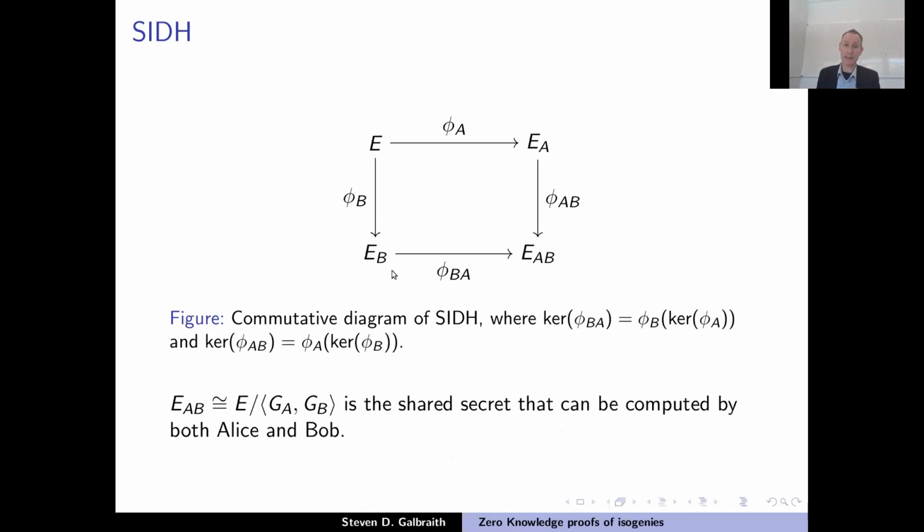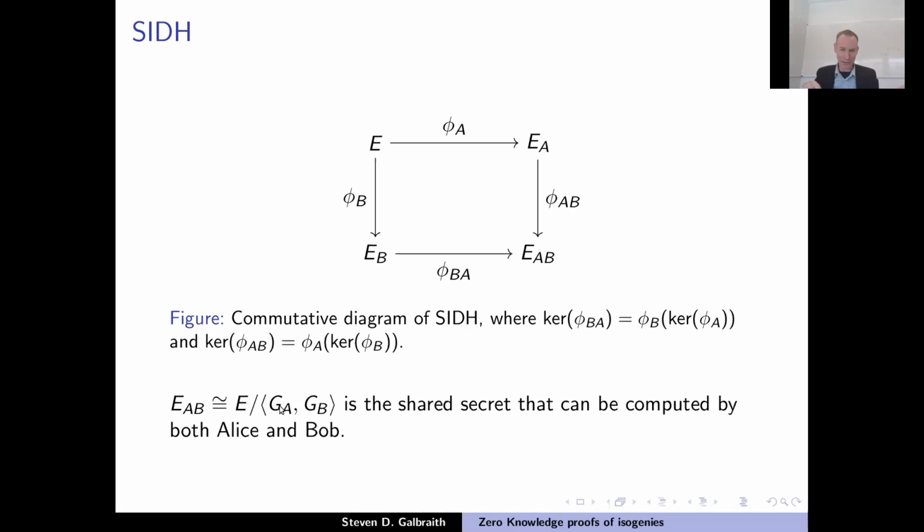And simultaneously, Bob knows the vertical arrow on the left. Because of the information Alice gives, he can compute the vertical arrow on the right. So both of them can compute these extra arrows. And then the magic of mathematics, they both lead to the same curve, because whether you go along the